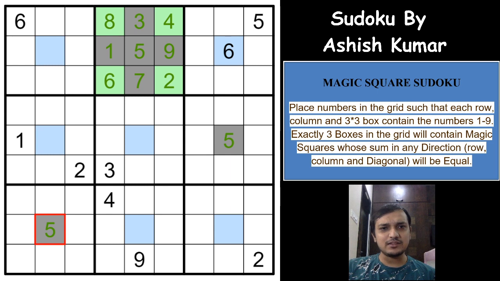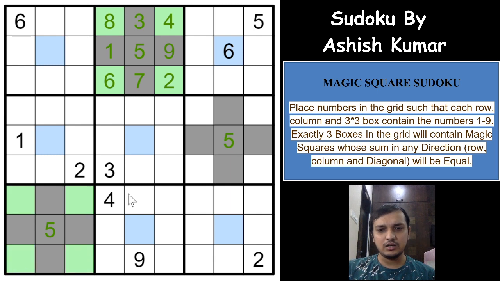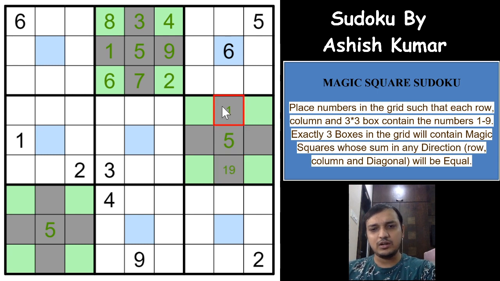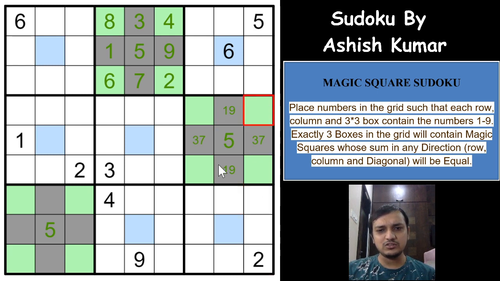Now we can directly mark that we know that 1 cannot be in these two cells. Let us mark the odd evens here. Easy to notate while solving a magic square, right? And now if we know that 1 cannot be in one of these two cells, which means 1 has to be in one of these two cells, which means 9 also has to be in one of these two cells, as 1 is opposite to 9, which means these two cells will be 3 and 7, right? And because of the 2 not being in one of these two cells and this cell as well, a 2 has to be here, which gets you an 8 here, right?